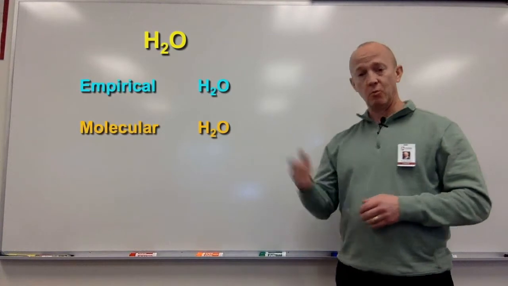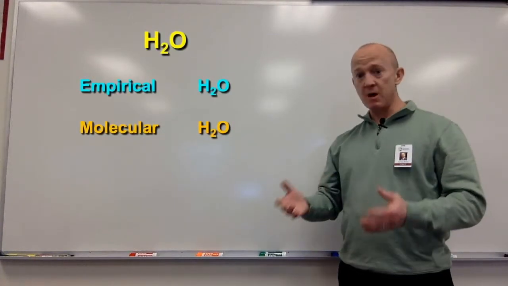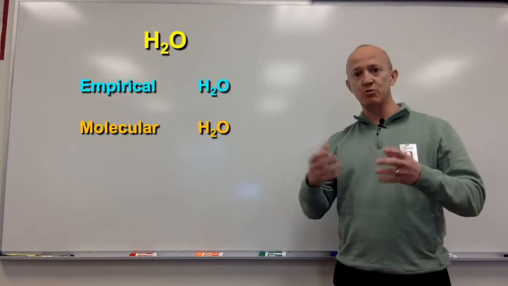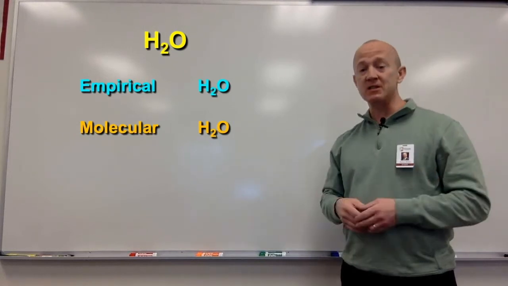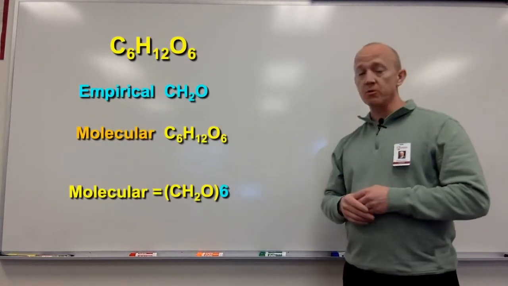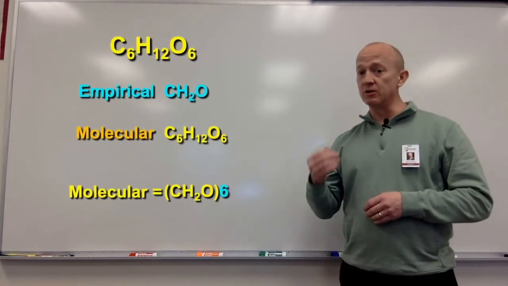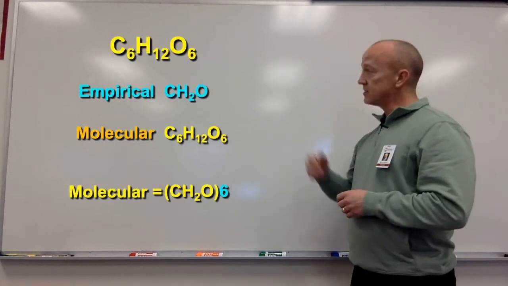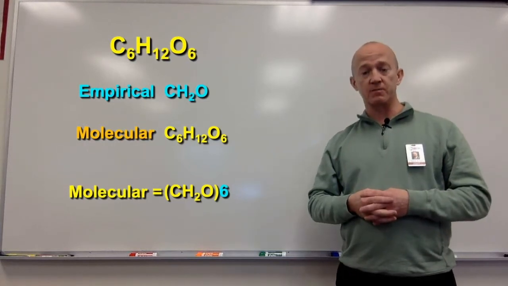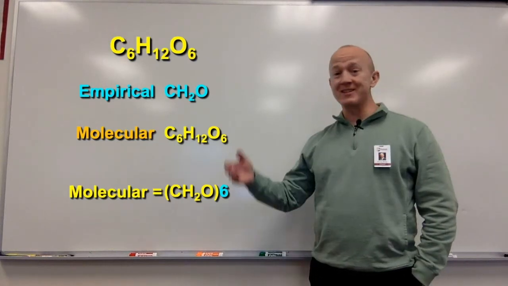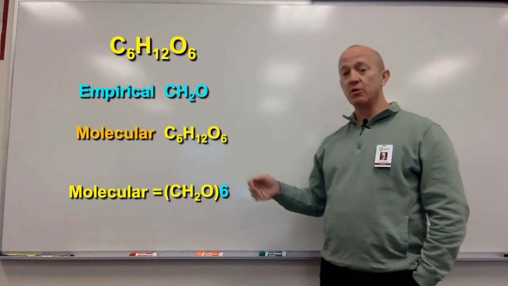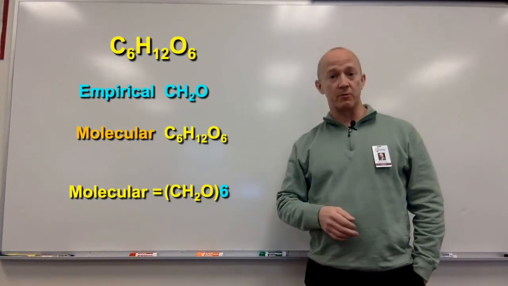For example, water, H2O. In each molecule of water, we have 2 hydrogens and 1 oxygen. That's the actual amount of each element. It also happens to be the lowest whole number ratio. But then if you consider glucose, you can plainly see that that's not the lowest whole number ratio. C6H12O6 is the molecular formula for glucose. You'll notice we can factor out a 6, can't we, from the carbon, hydrogen, and oxygen here. So if we take this down to the lowest whole number ratio, it would be